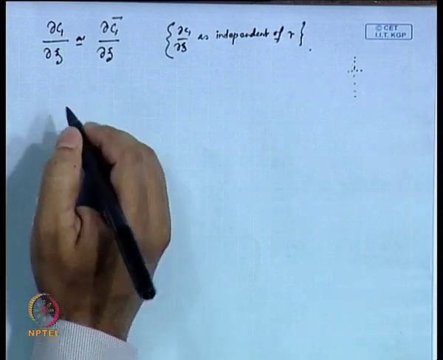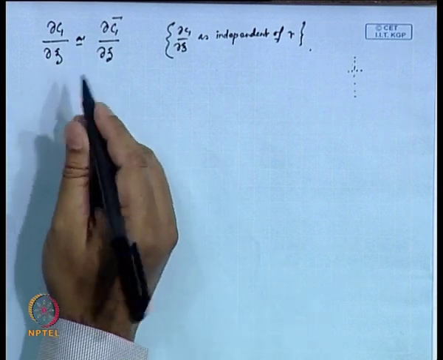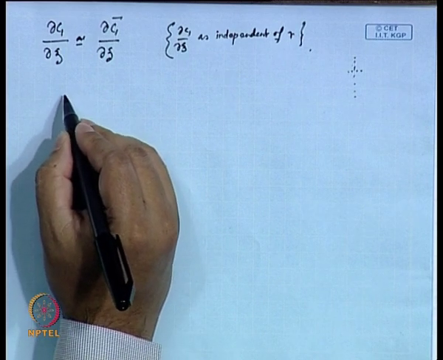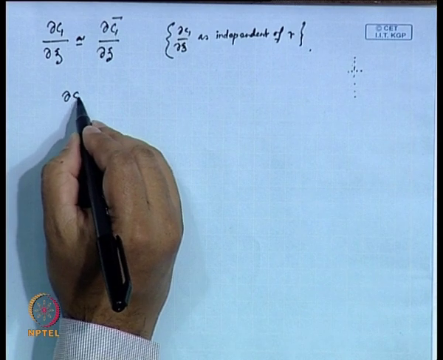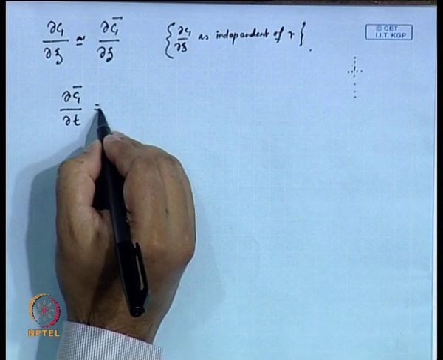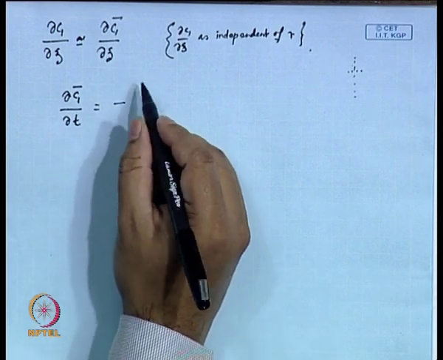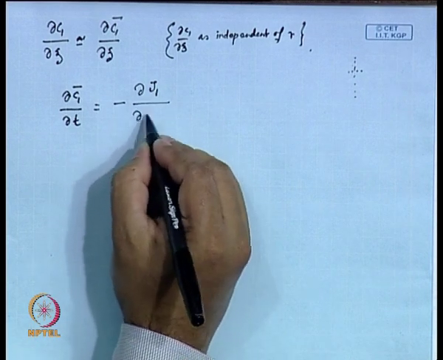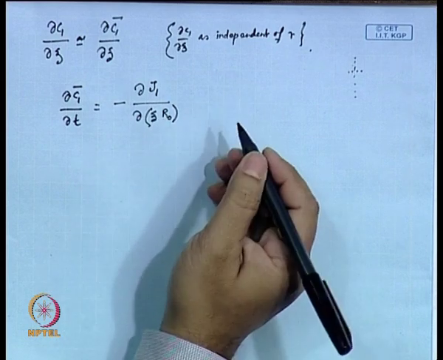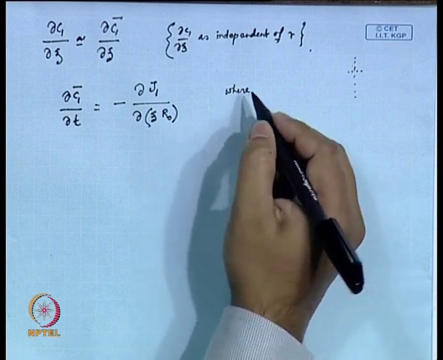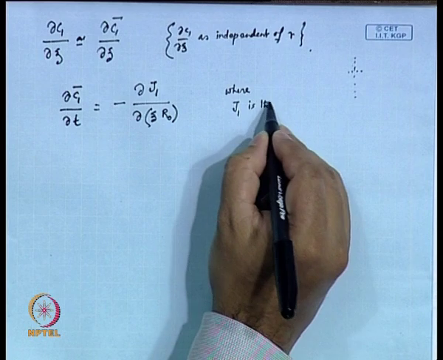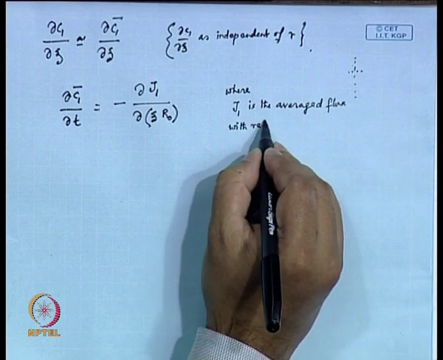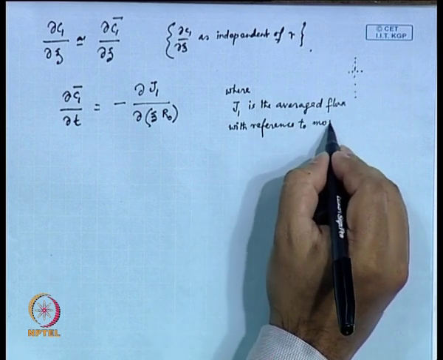So, with this assumption, what you can write in this case is that del C1 bar del T is equal to minus del G1 del zeta r0, where G1 is the averaged flux with reference to moving coordinate,